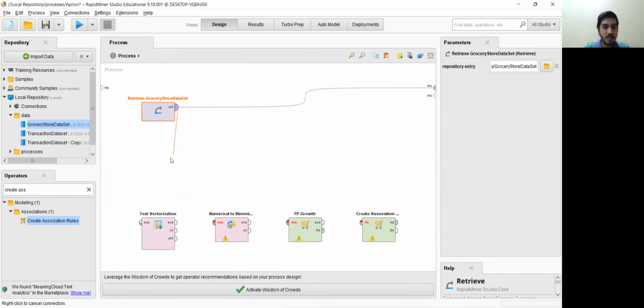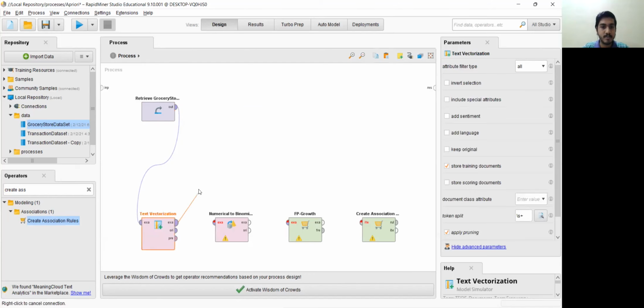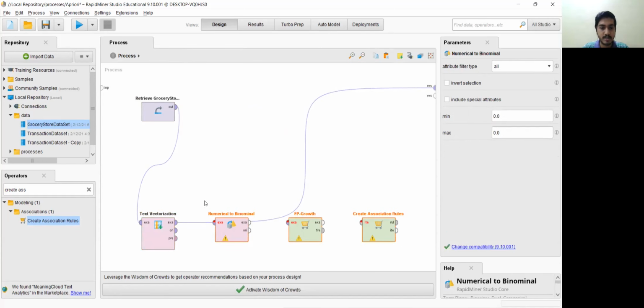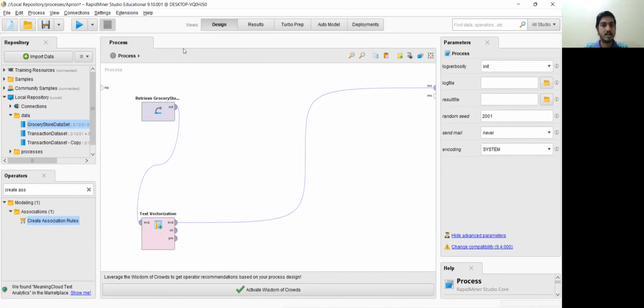let us give the output to this text vectorization. Since the available data is in the form of text, we have to convert it into a vector form. That is done by this text vectorization module. And just removing the extra module.